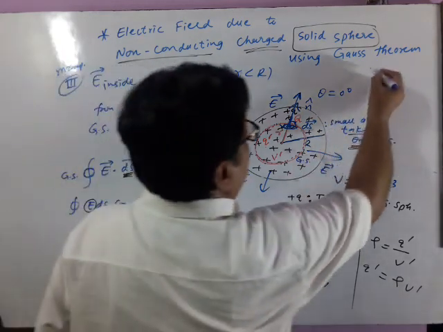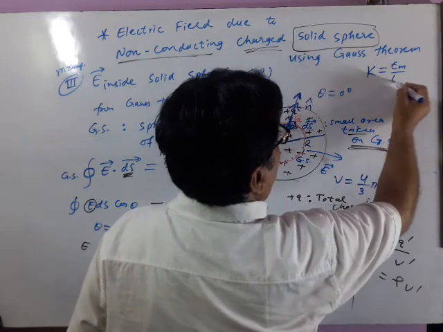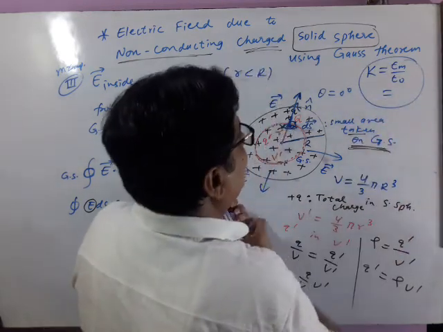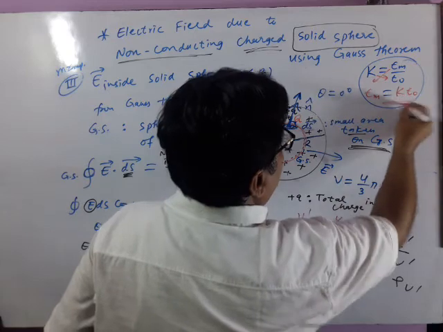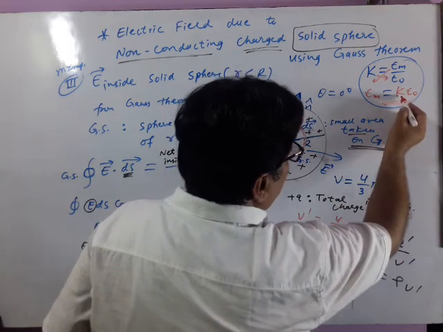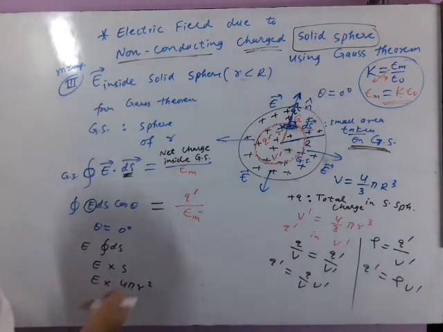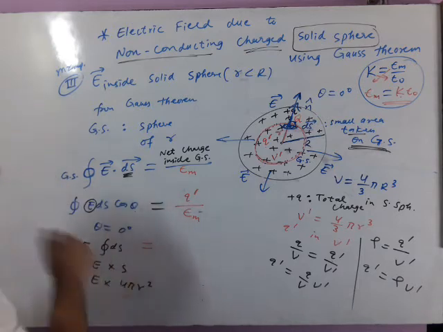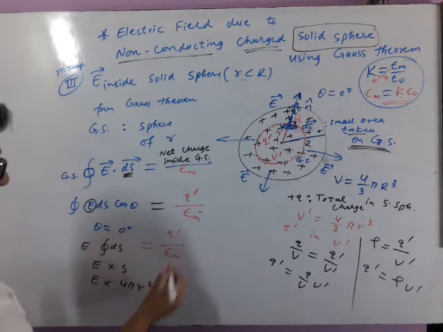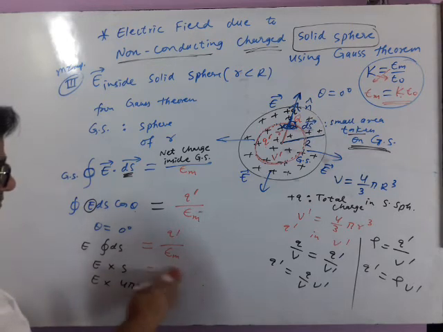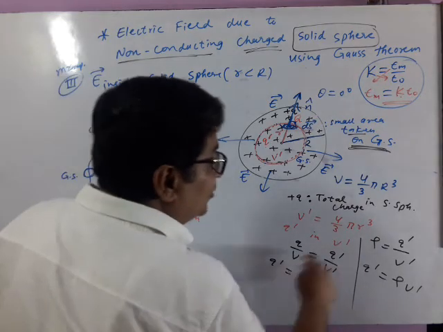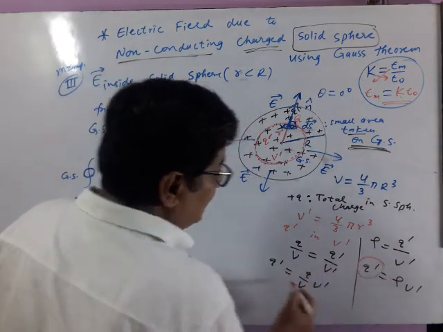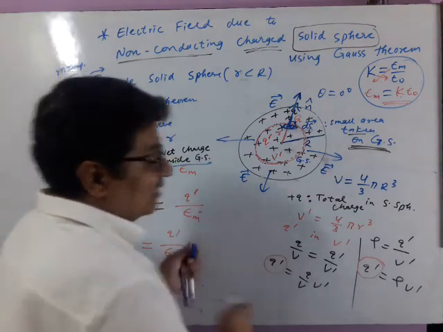From the dielectric constant lecture, the dielectric constant is epsilon m by epsilon naught, and if you wish, you can substitute epsilon m as k times epsilon naught later on if you know the dielectric constant of the material. Otherwise you may write epsilon m. Now how to substitute Q dash? This is another point. Q dash can be found in two ways. Either you can put this or you can put this.